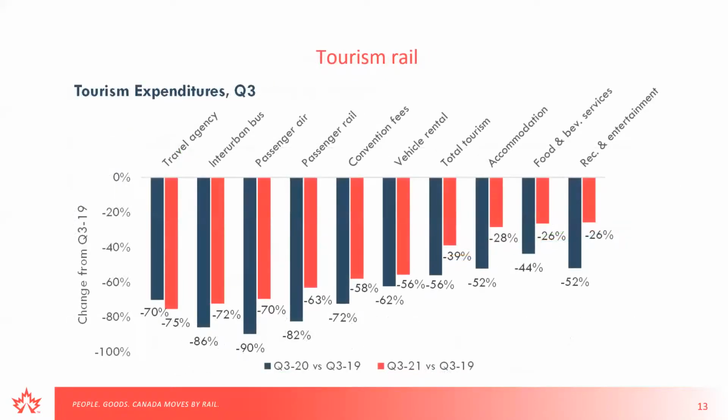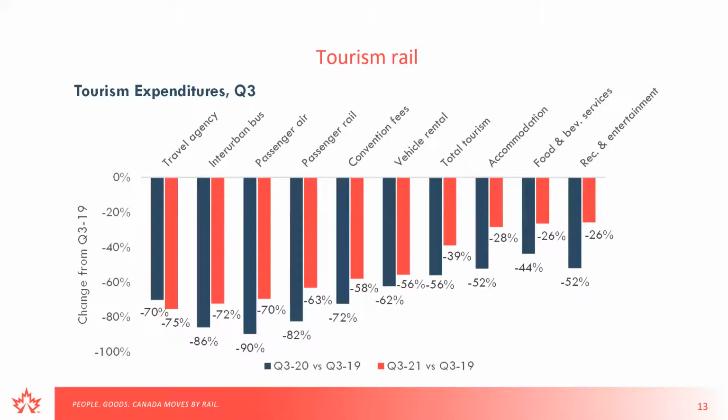So speaking a bit to the data constraints when it comes to passenger rail, there's a considerable lag in tourism expenditure data. So this is Q3, and it's included in the Q4 report. Here we're comparing the latest quarter of tourism expenditures against the third quarter of 2019, and then also looking at how Q3 2020 did versus the pre-pandemic baseline as well. So passenger rail, fourth from the left there, Q3 expenditures on passenger rail was 63% below pre-pandemic levels,